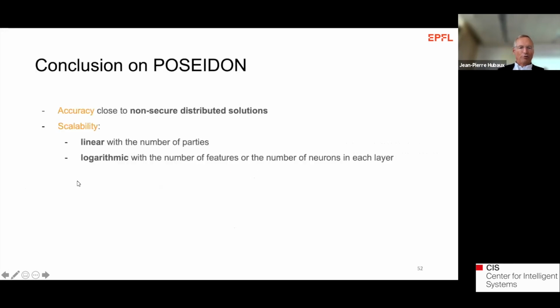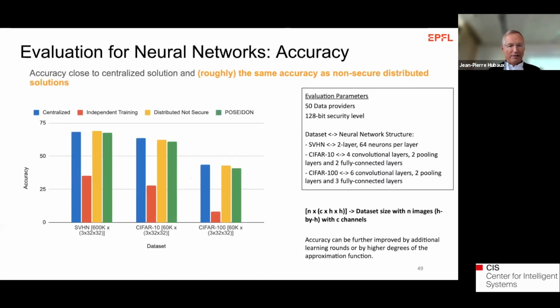So we conclude on Poseidon. As we have seen, the accuracy is close to non-secure distributed solutions. It can be further improved; one can push the results here. You see, there's still a little bit of loss in terms of accuracy, but this can be improved if one accepts